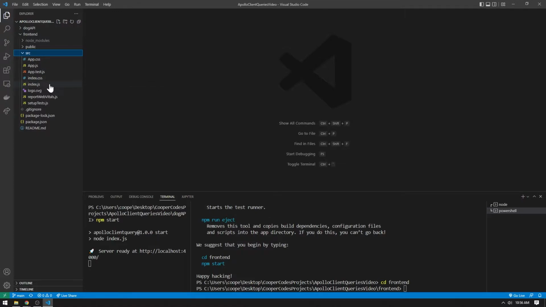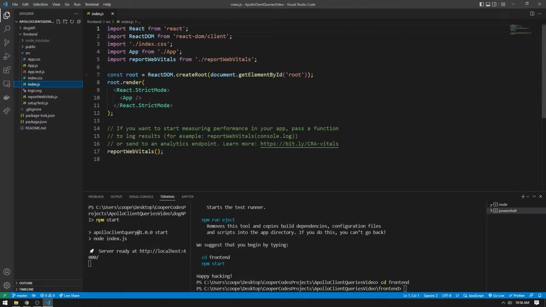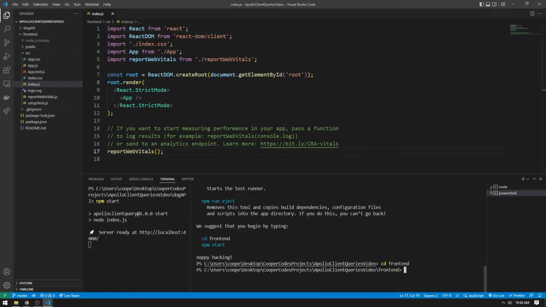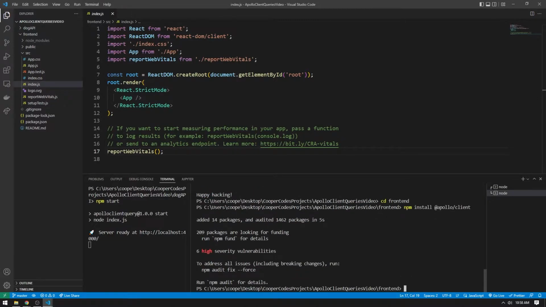That's why I make that little aside. You want to make sure you're in the index.js of the frontend. I'm going to first start by npm installing the Apollo client so we can use it in React. So let's npm install @apollo/client. This allows us to use all the different Apollo client functionality, especially the stuff we're going to need for setup